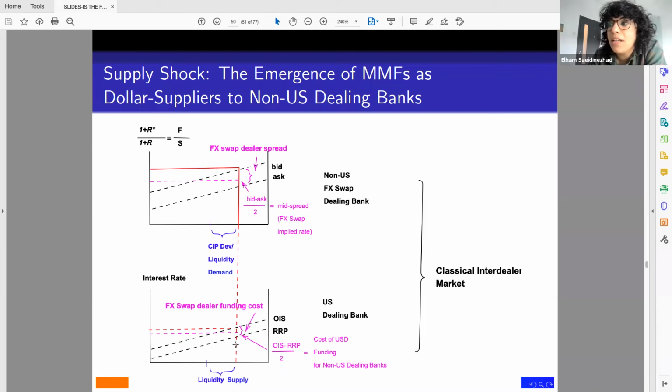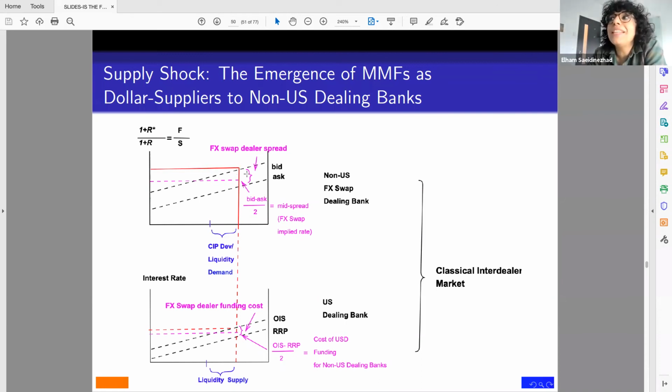Here, this spread between OIS and reverse repo is basically the cost of funding for these non-US banks,